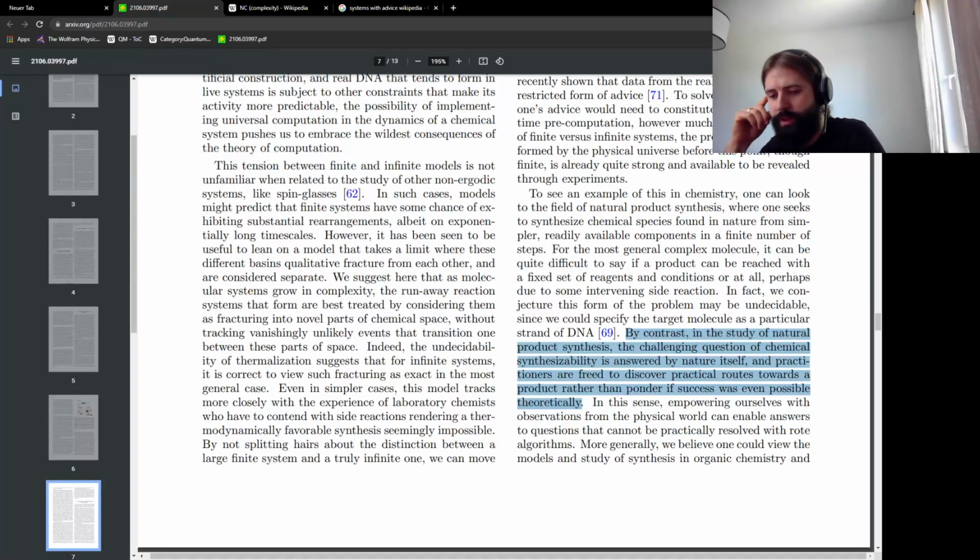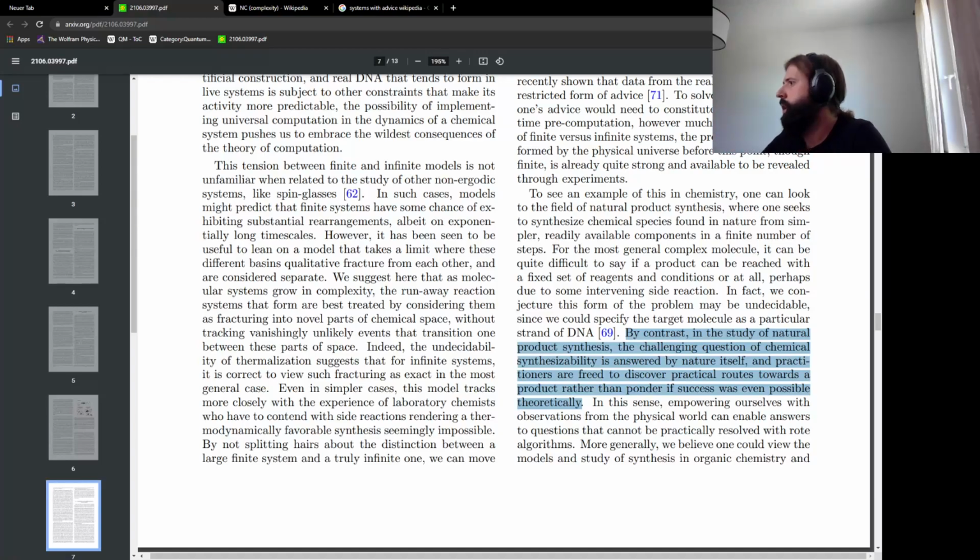Yeah, because I guess what the halting problem is telling you is that you're trying to resolve whether something will happen at all or not. And in this case, because you know that it can be done, yeah, but you don't know whether it can be done given a restricted set of reagents or something, right?